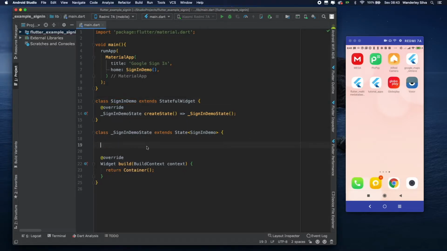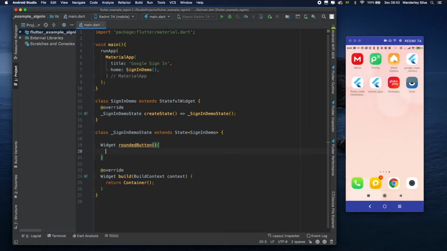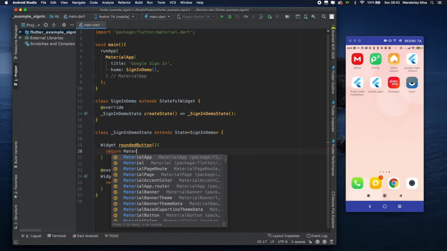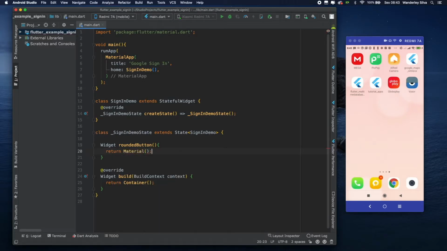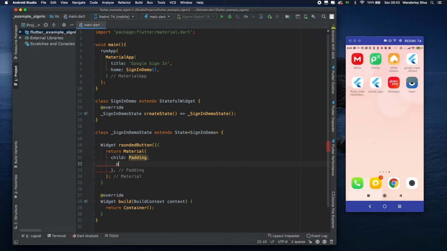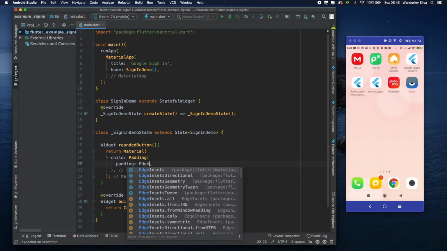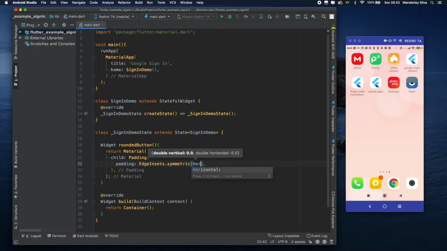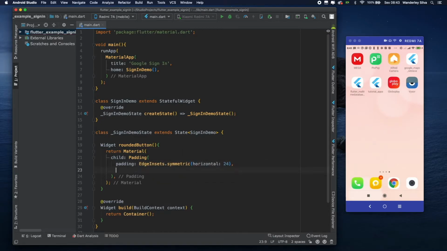The first thing we need to do here is to create a widget. And we're going to call it rounded button. And we're going to return a material. Yeah, let's return a material. And there will be child. And this child is going to be a padding. Let's put some symmetrical padding. EdgeInsets.symmetric. It's going to be a horizontal of 24. And there will be a child